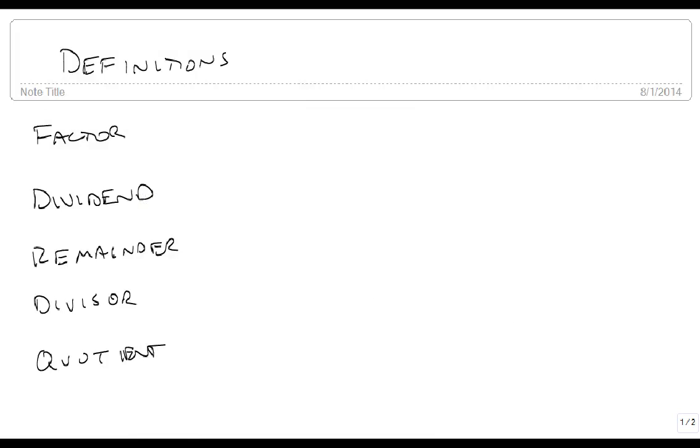We're now going to talk about some definitions related to dividing polynomials. And we already have seen factors before. Factors are the parts of multiplication. And in particular, when it comes to dividing polynomials and polynomial functions, we say that d of x is a factor of f of x if and only if